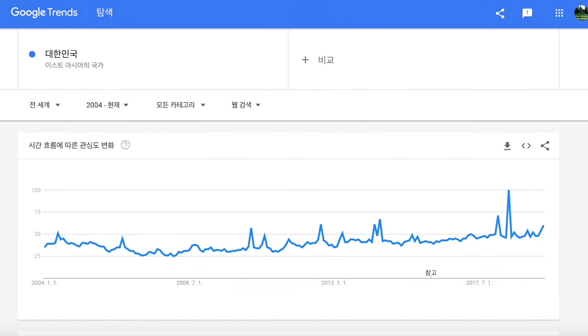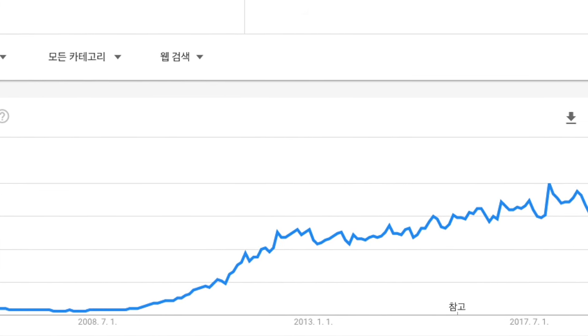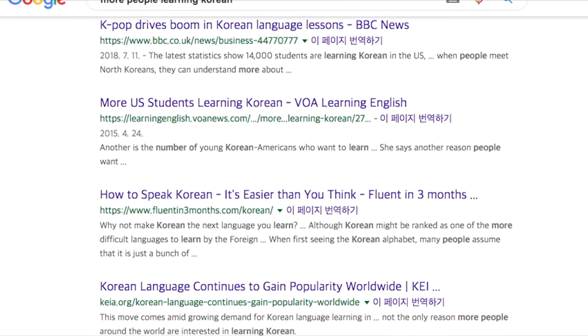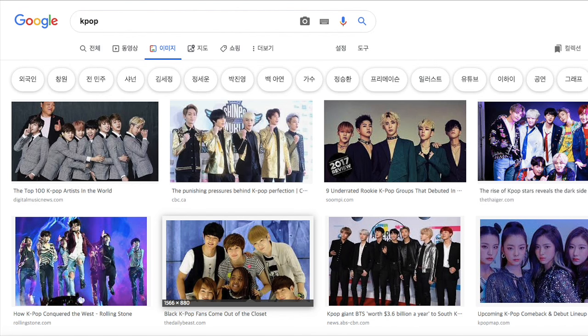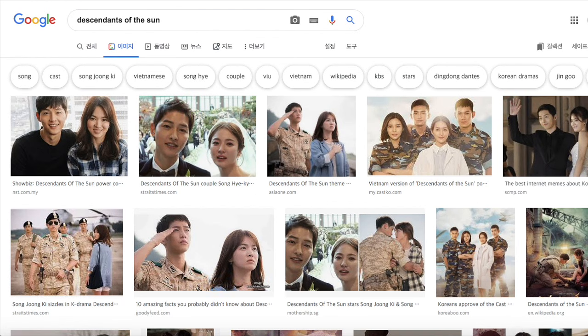Nowadays, with Korean culture taking off and K-pop becoming extremely popular compared to years before, more people are trying to learn how to read and speak Korean. There are many benefits of learning how to read Korean. If you're a K-pop fan, then you can read idols' Korean names, or if you're more into K-dramas, then you